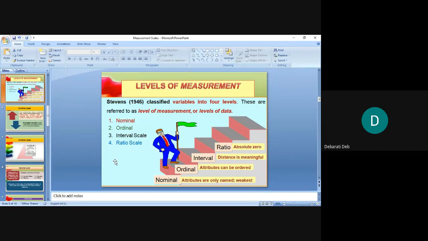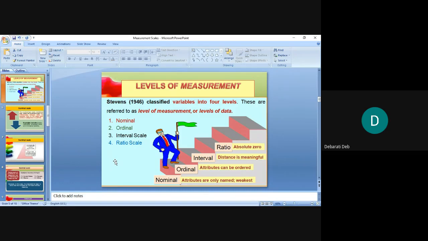These are scales. Like for measuring your height, we use a particular scale, isn't it? There are certain scales which measure height. So this is like that only. For measuring height, what scale is used and how well you can use the scale so that you get the perfect measurement of your height, that is 4 in number. For measuring different types of data, these 4 types of scales can be used. You can select any one scale and then follow that scale for measuring your type of data.